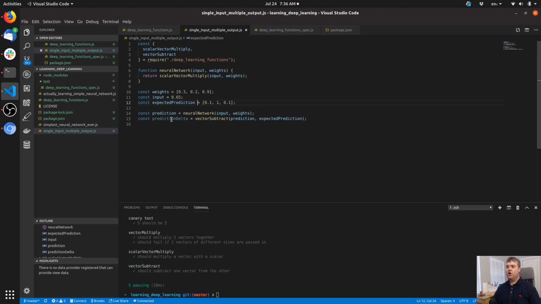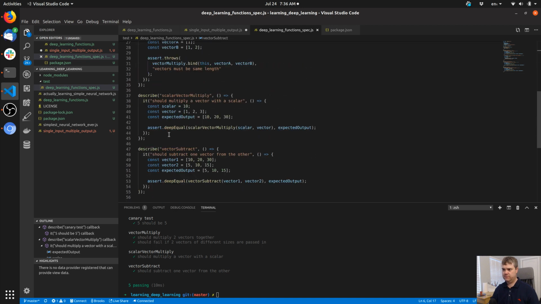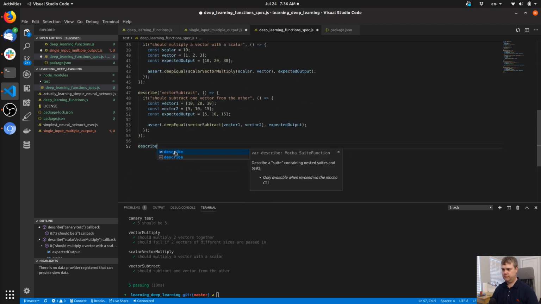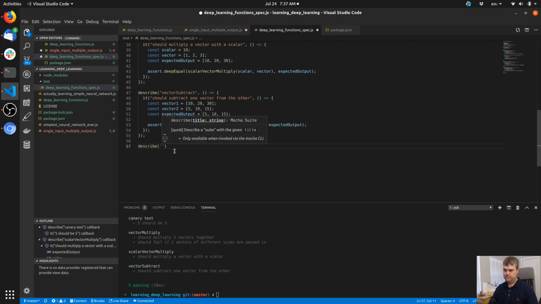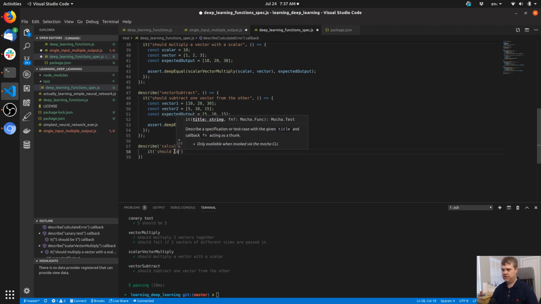All right, continuing on. We have our prediction delta. We want our error. So if we take a look, error. Because these are deep learning functions, I might as well create an error function for this. So in our spec, calculate error. It should calculate, or should return,